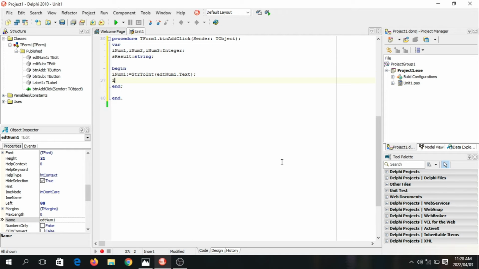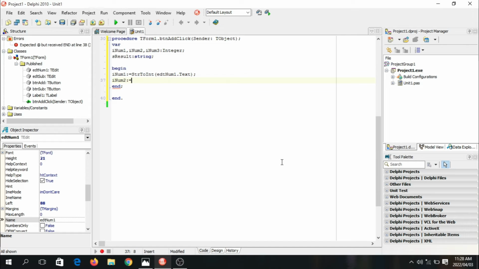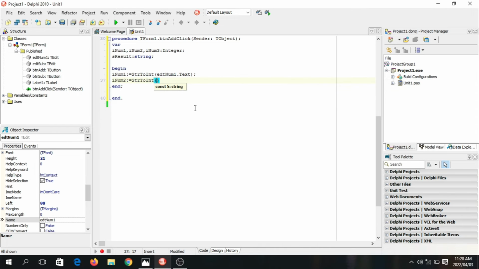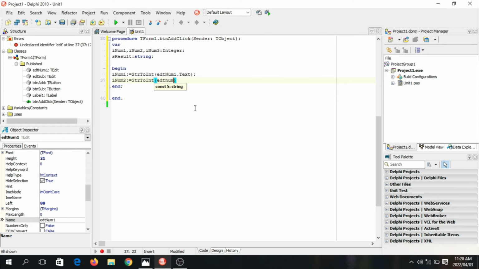Then we're going to say iNum2 is assigned to whatever's on the right-hand side gets saved to the left. So basically, I'm saying the conversion first, then my thing in brackets, which is edtNum1, our box here, and that's getting saved on the left-hand side, so iNum1. So iNum1 is our text box. Then we're going to say StrToInt